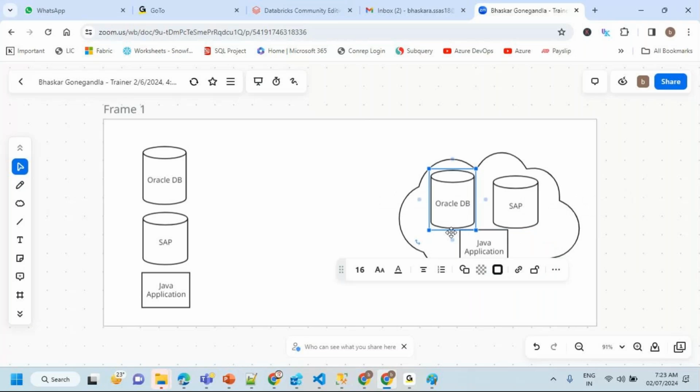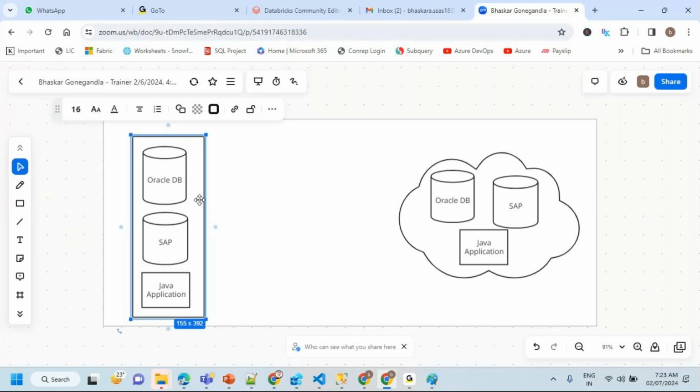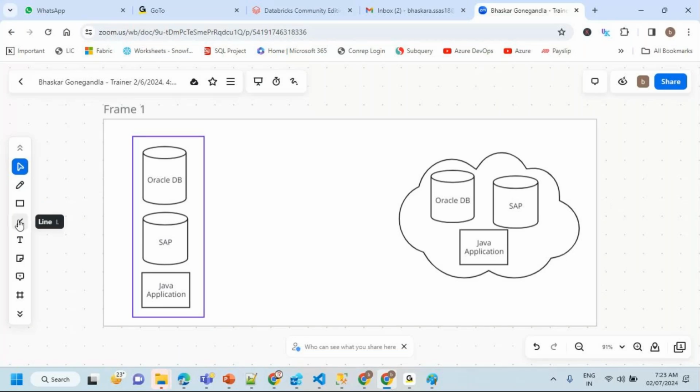You can have the same thing here also. So if you want to lift and shift your entire process as it is without doing any changes, I wanted to lift and shift my entire process into the cloud. If you want to go for lift and shift,